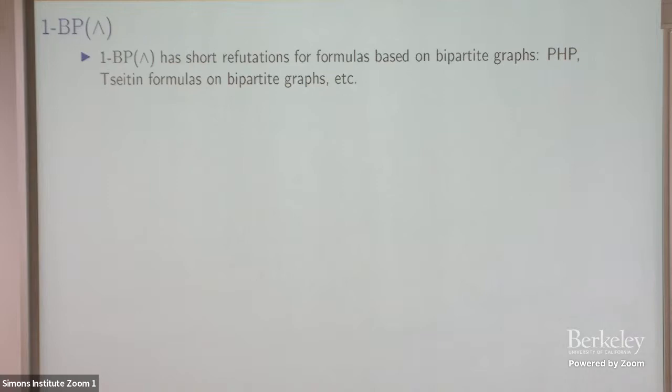This proof system is not trivial. For example, it has short refutation for formula based on bipartite graphs. For example, pigeonhole principle, Tseitin formulas on bipartite graphs, and so on. Just the short refutation, we